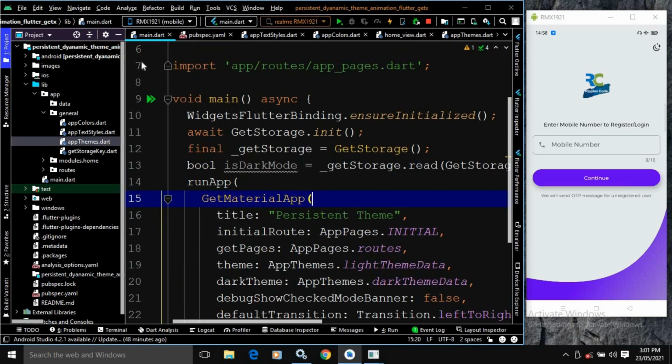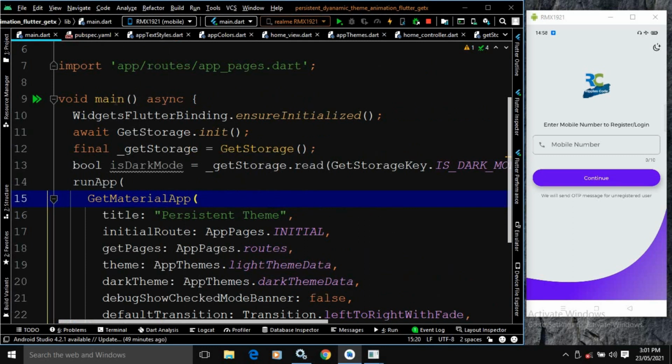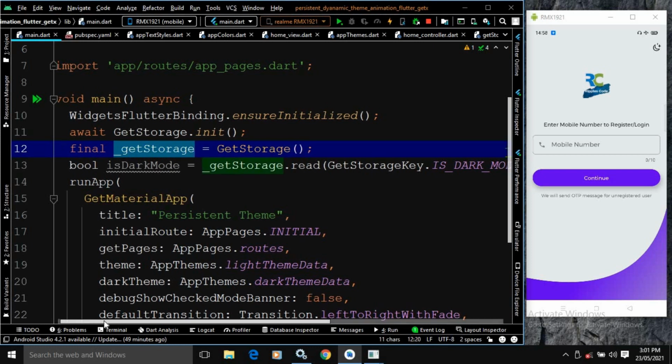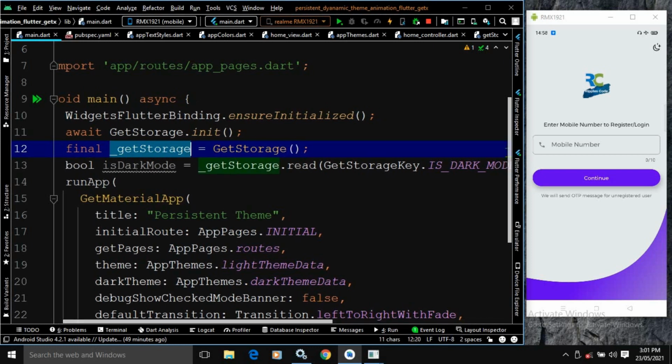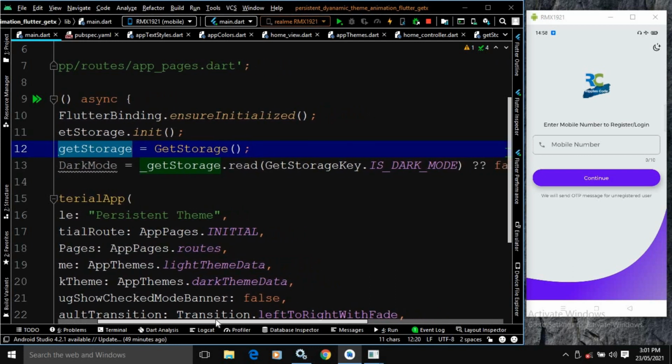In the main.dart file, inside the main method, this method has been declared as async. After that I have called WidgetsFlutterBinding.ensureInitialized. Then I have initialized the GetStorage by calling GetStorage.init. After that I have created the instance of GetStorage class and the instance name I have given as _getStorage. After that I have created a boolean variable named isDarkMode, and inside this variable I have written